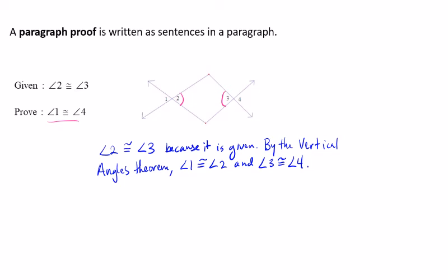All right, so now that I see that angle 1 is congruent to angle 2 and angle 3 is congruent to angle 4, and since I know that angles 2 and 3 are congruent, right? So now we can say by the transitive property, right? We can use substitution first maybe, but we can basically say if two things are equal to the same value, they must be equal to each other, right? By the transitive property. So I can say by the transitive property,